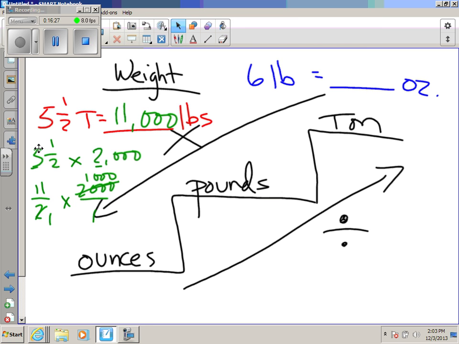Six pounds is equal to how many ounces? Pounds to ounces going down. Multiply by 16. 6 times 16 is 96. Okay, now let's get down to